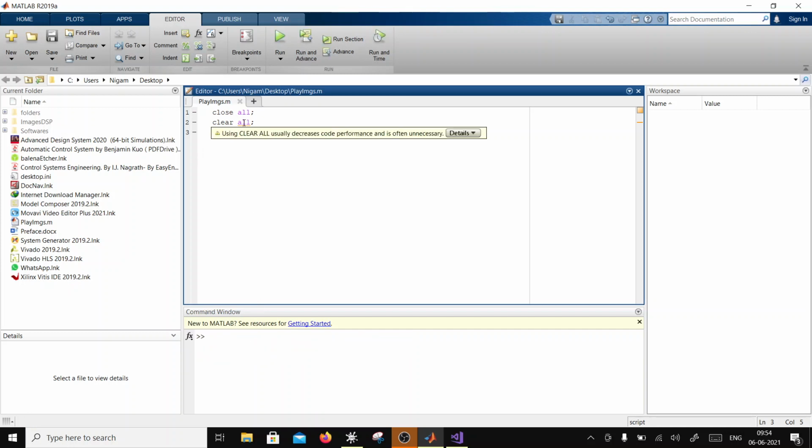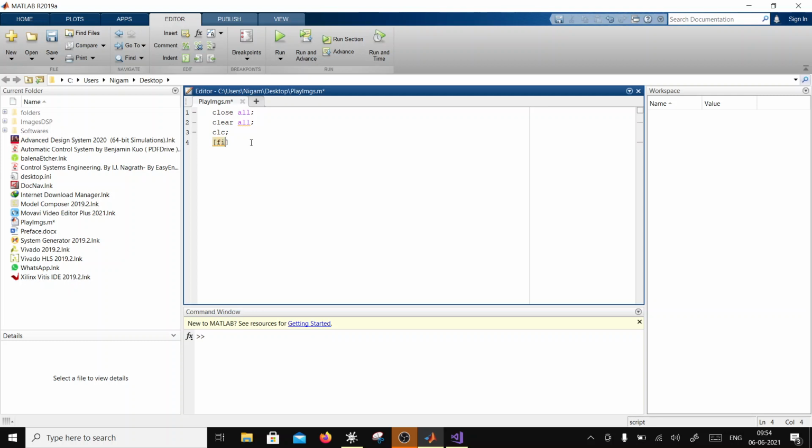It might come with a warning that it's unnecessary, but that's okay. Here I can go and acquire an image. You can type the path to the image in your code, but that's very tedious if you work with a number of images. So I'm going to read the image from a dialog box.